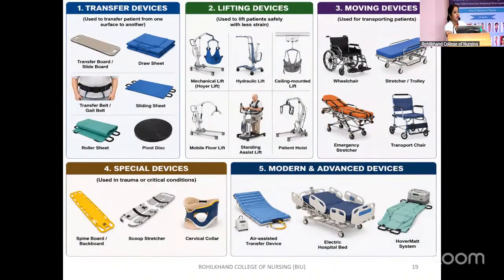So here is some emergency device equipment. First are transfer devices, used to transfer a patient from one surface to another surface. Here are some transfer devices like transfer board, slide board, brake sheet, transfer bed, gait bed, sliding sheet, roller sheet, and pivot disc. Some lifting devices are mechanical lift, hydraulic lift, ceiling mounted lift, mobile floor lift, standing assisted lift,